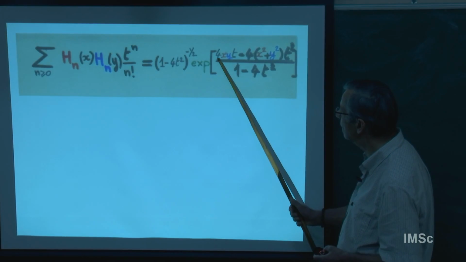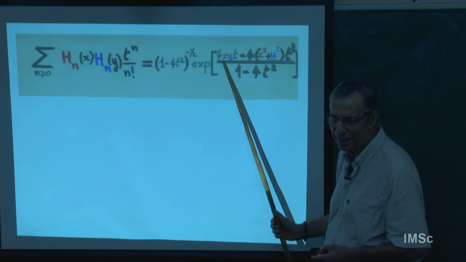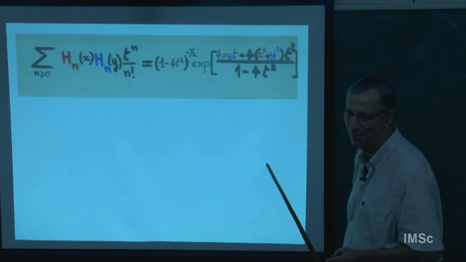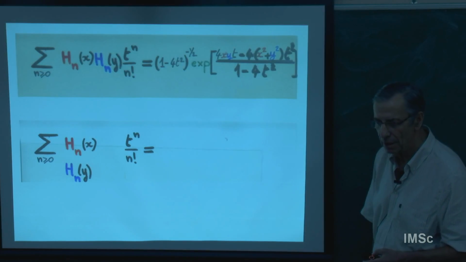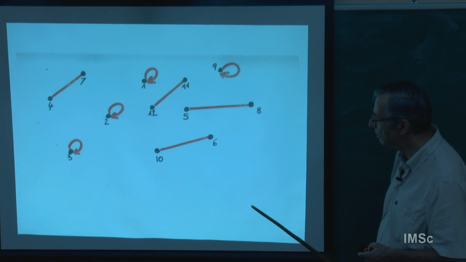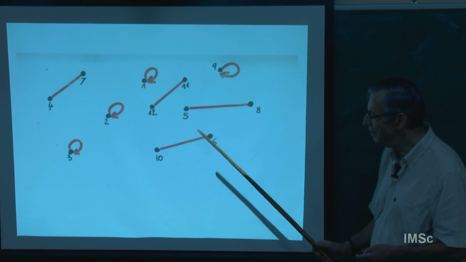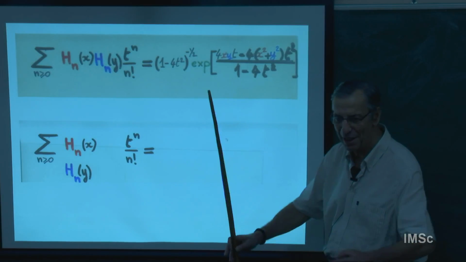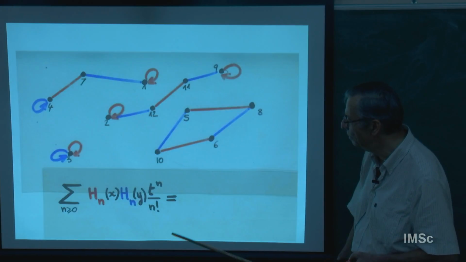So in this setting, sometimes the Hermite polynomials are defined by replacing x by 2x. So this is a Mehler formula for the modified Hermite polynomial. First, on the left-hand side, you have two Hermite polynomials. Here is the interpretation of the first Hermite polynomial. And there is a second Hermite polynomial, totally independent of the first one, except they are on the same set of points. So one Hermite in red and the second Hermite in blue.